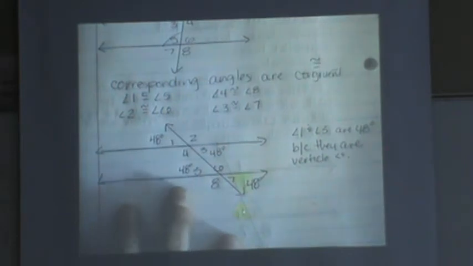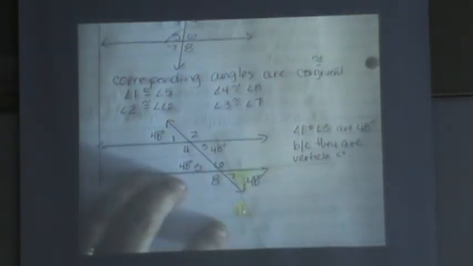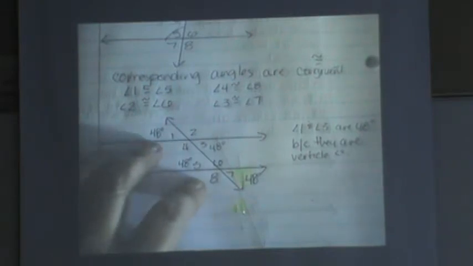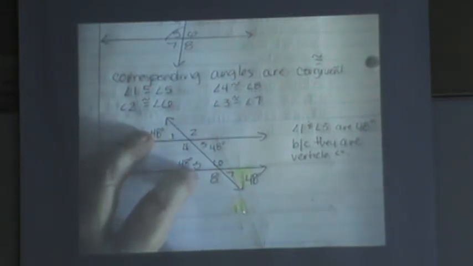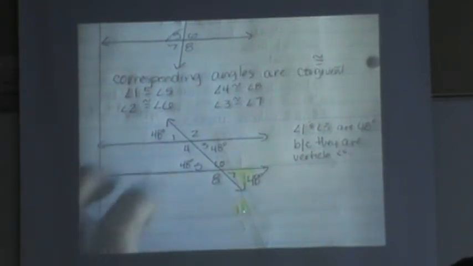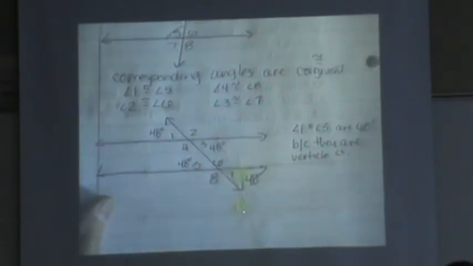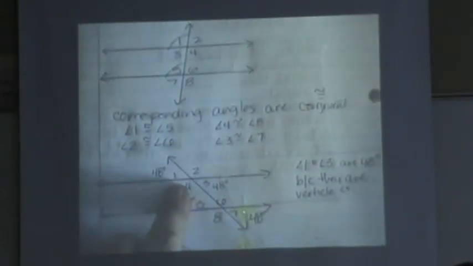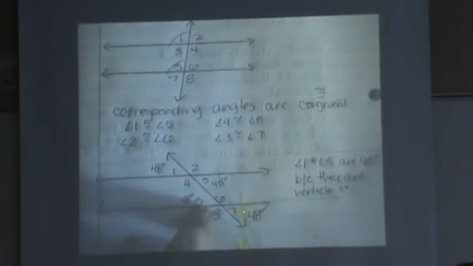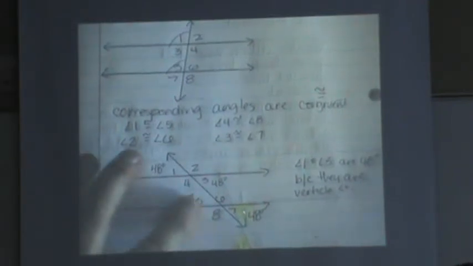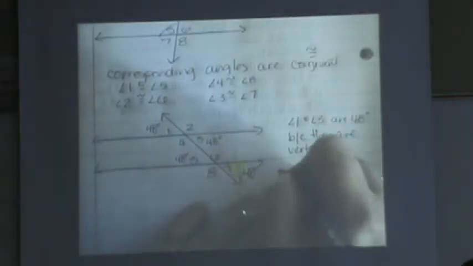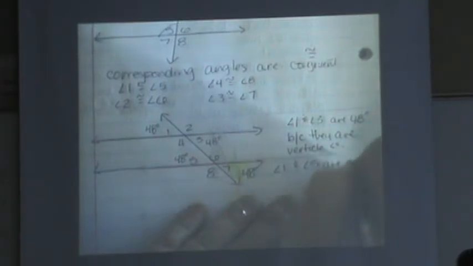All right, let's talk about angle 5 right now. I know y'all are talking about angle 2, but I want to talk about angle 5 right now. Why can we say that angle 1 and angle 5 are both 48 degrees? Think about the definitions we just looked at. Alternate exterior? Corresponding angles. Look at it closely. It'll be corresponding. Corresponding is a better choice for that one. Angle 1 and angle 5 are 48 degrees